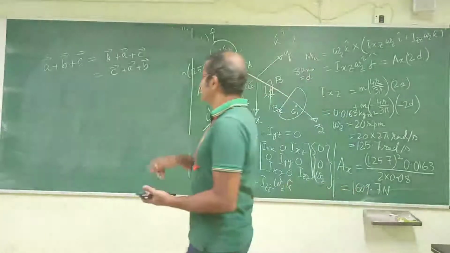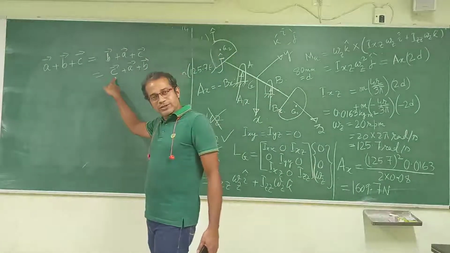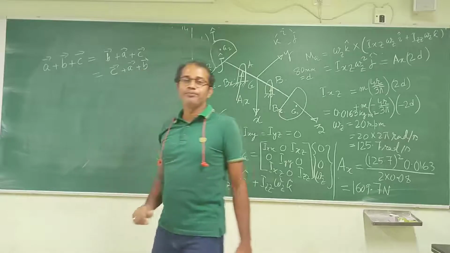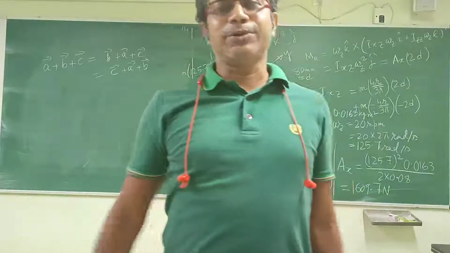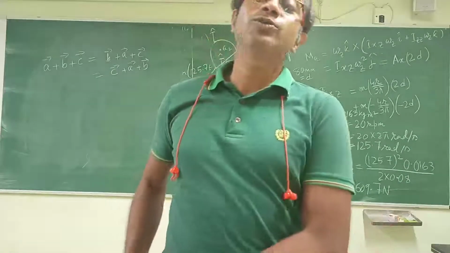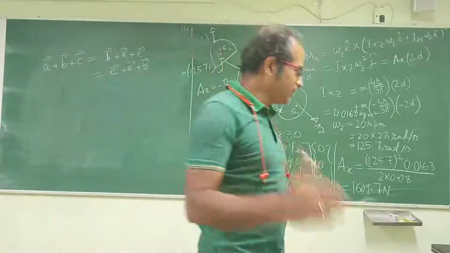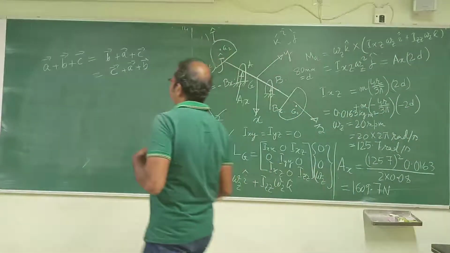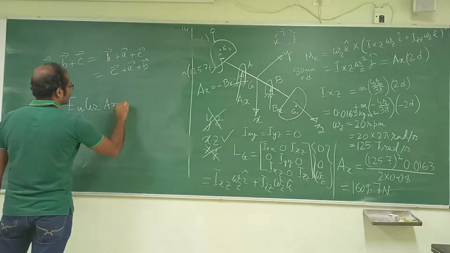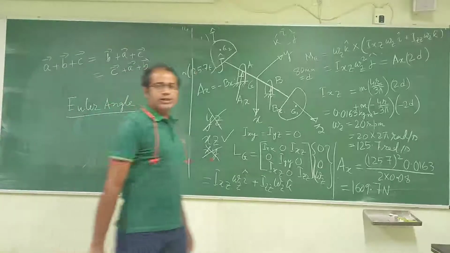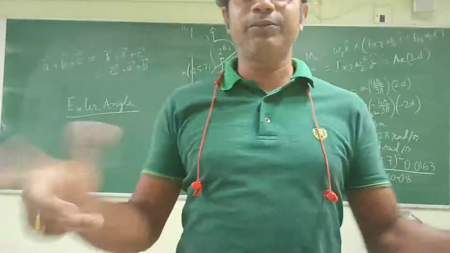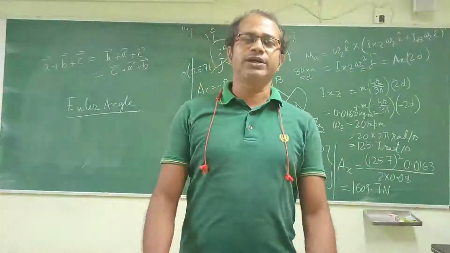And you can extend this experiment with 90-degree with respect to z, then 90-degree with respect to x, and 90-degree with respect to y. So I want to know the result of this experiment. This experiment is going to generate a concept of rigid body, that is the Euler angle. And this Euler angle concept we will be doing through a handout. I will be giving you the handout, and in the online lecture I will be explaining it with the handout.